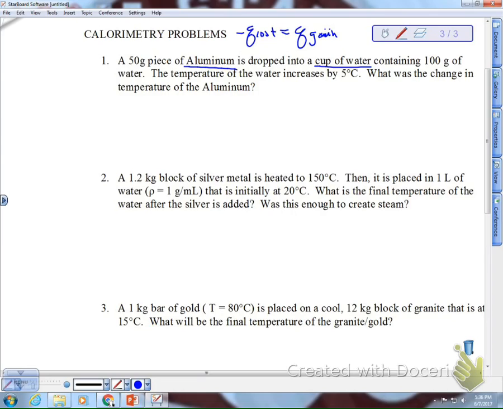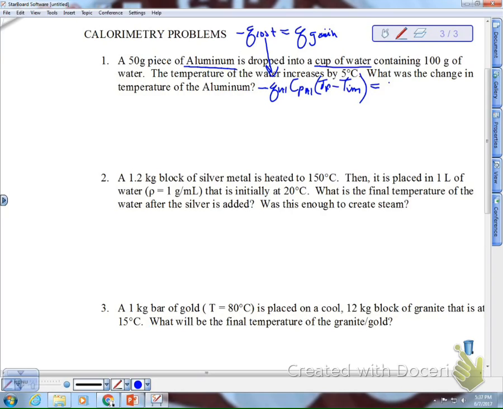The way the equation is set up then, the heat loss is going to be aluminum, so I'm going to have minus Q of aluminum times the specific heat of aluminum times the final temperature minus the initial temperature of aluminum. Now TF is the same for both, that's why I didn't put aluminum on that. Water is going to gain this heat, so we will have,